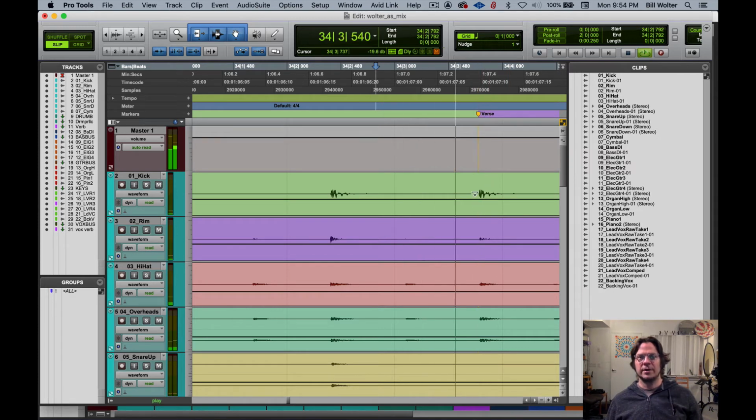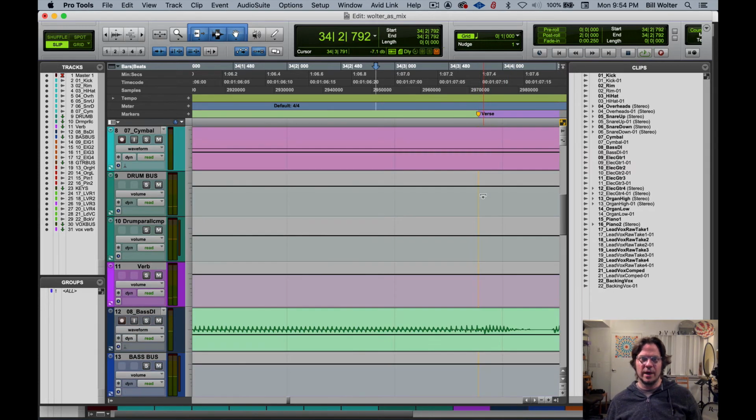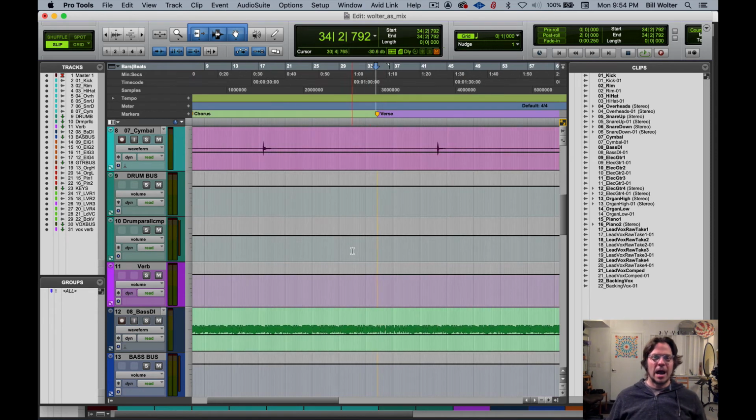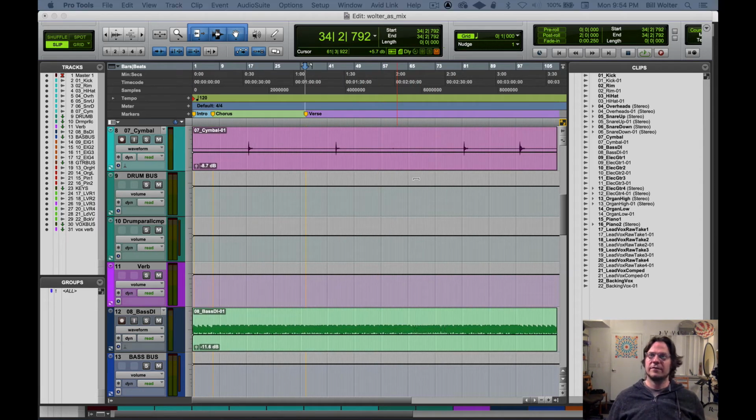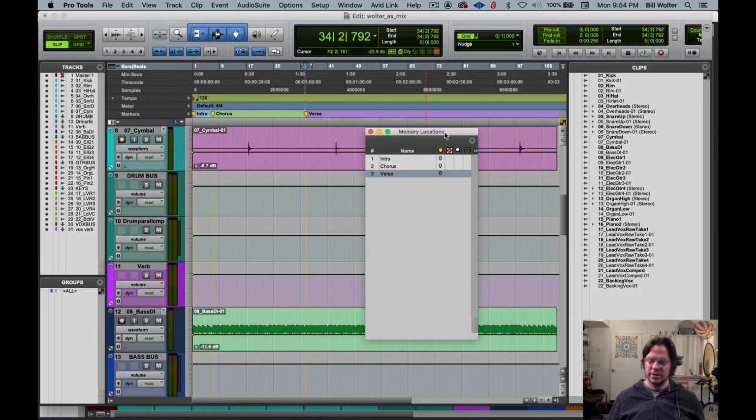Right there. There we go. And make sure all the transients line up right before that. The reason for that is I like to use the marker window, which is Command 5 here. It went up on a different screen here. So Command 5 on the number pad will bring up that window, and I can go right to the chorus,